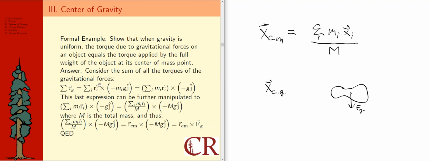And this is kind of using that really formal advanced definition of torque. And then it gets manipulated a bit here. And yeah, that's where the math is going a little bit crazy. It looks like it just moved that m to a different spot there. And then it's taking that same expression and manipulating it by multiplying and dividing in two places in a way that doesn't change it, by the total mass m. And that gives us this result here. But this actually kind of resembles, right? If you look at this, this looks a lot like the thing I still have on the board over here, except I used r here instead of x's, and that's okay.